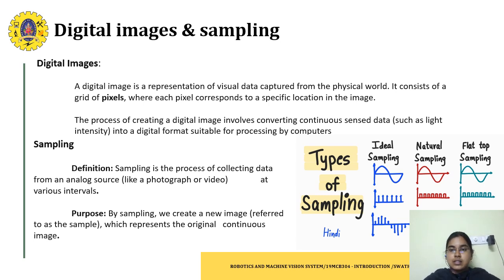Here you can see we have types of sampling. First is ideal sampling, where at equal intervals of time we take samples. Next is natural sampling, where we have quite specified intervals, and then flat top sampling. You can see the difference between these three, right? In the next slide we will discuss the